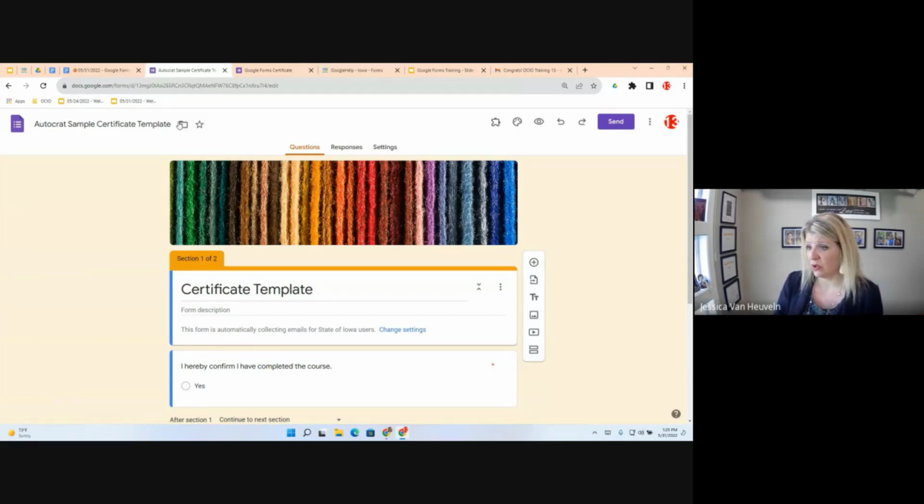look at this form. The form has already been created, okay? We're not here to create the form. We've already talked about how to create a form in beginning Google Form training. So we've talked about different question types. So really, we're talking about the third-party add-ons such as Autocrat. So we know that these